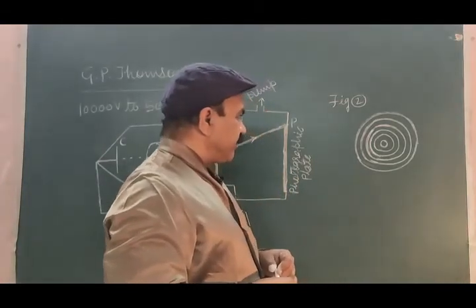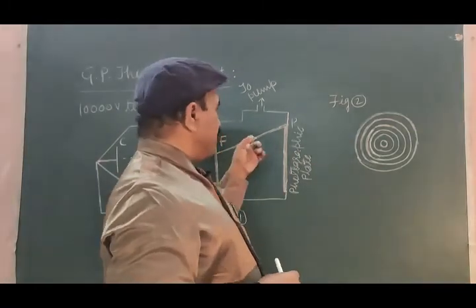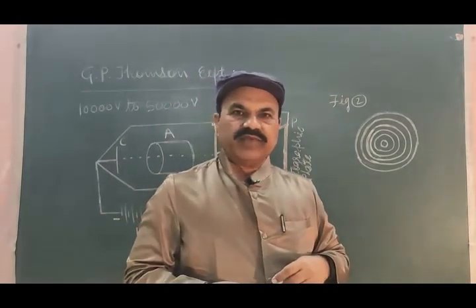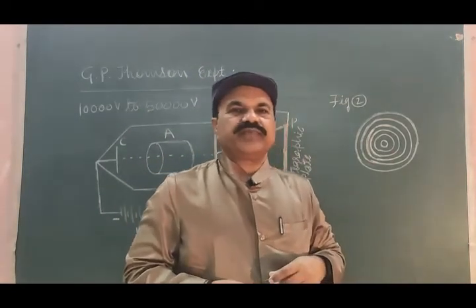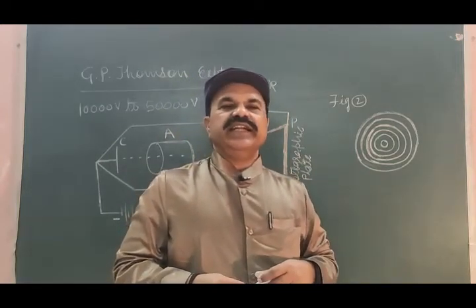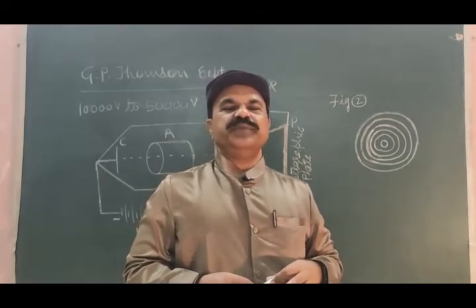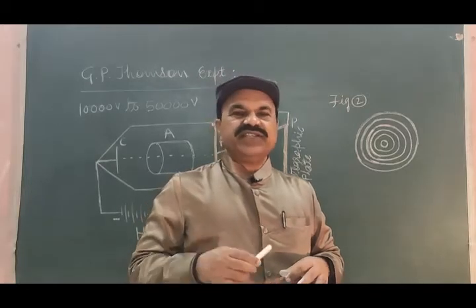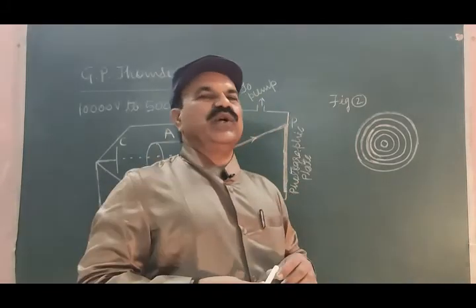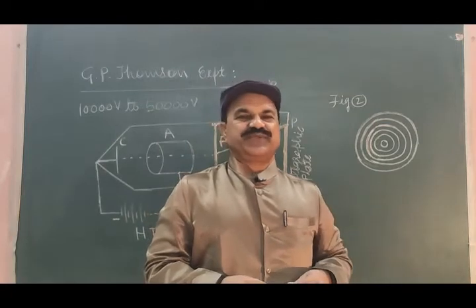So here, if we measure the length FP and find the angle for various orders, and do the calculations for the wavelength, it is found that the wavelength of the electron found by using the J.P. Thomson experiment is the same as that obtained by using the de Broglie equation for matter waves.